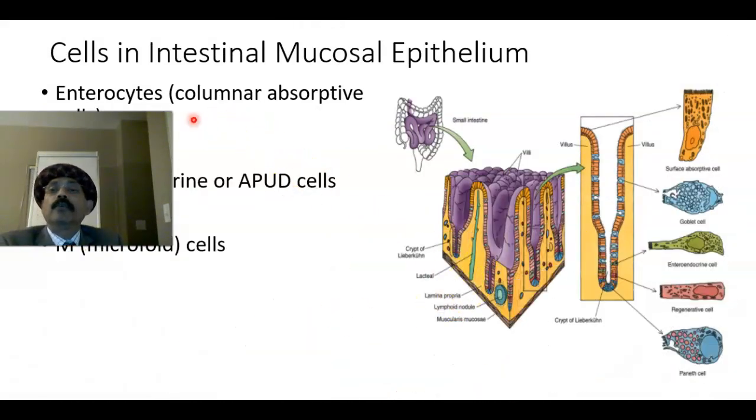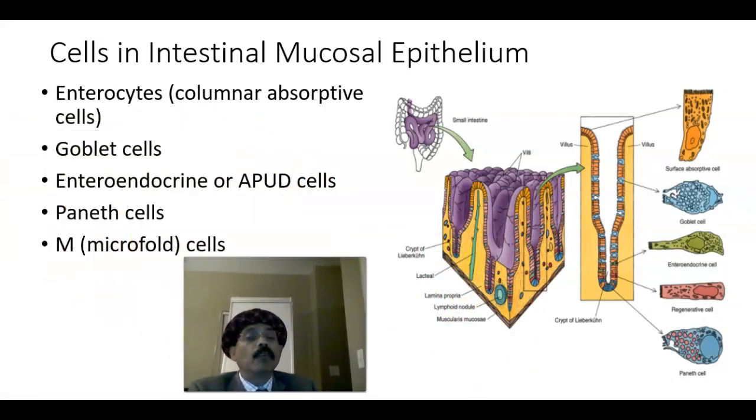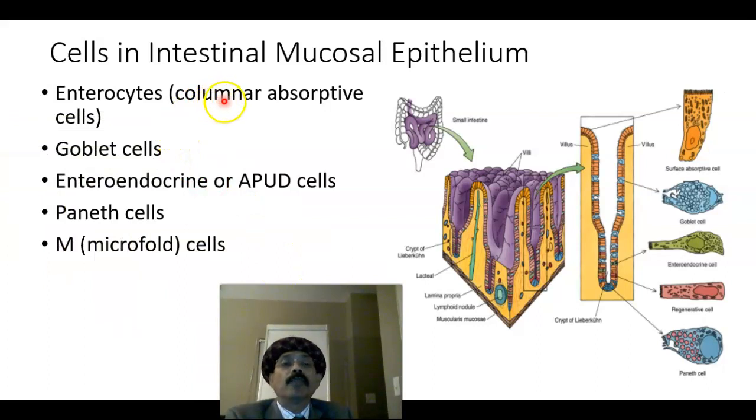Okay, so cells in the intestinal mucosal epithelium, we have multiple types of cell. Most common is the columnar epithelium, that is absorptive cell. We also call it enterocyte cells. Goblet cell, this light stained cell are called goblet cell. This is the goblet cell. Its nucleus is at the base, a lot of granules. That granules contain mucus. Its main purpose is to lubricate this area of the intestine here, so of the intervillar space,